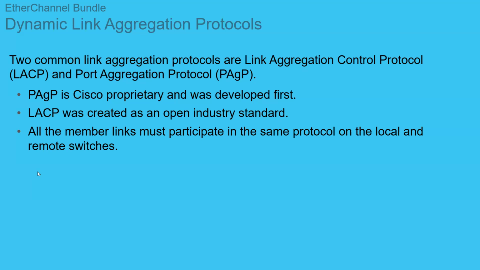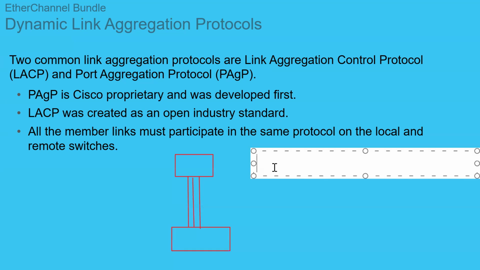So maybe if you have your switch connected with a server, that server doesn't know LACP, and doesn't know PAgP. Then what you can do is link them manually. In that case, the channel group mode is on. So actually there are three modes for this aggregation. The channel group modes are,